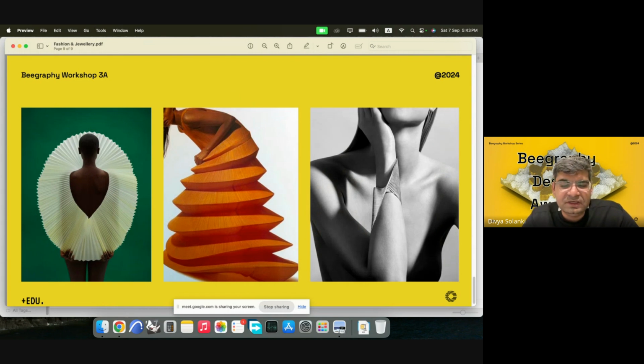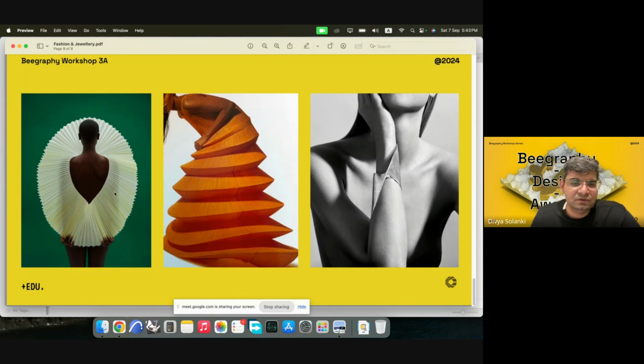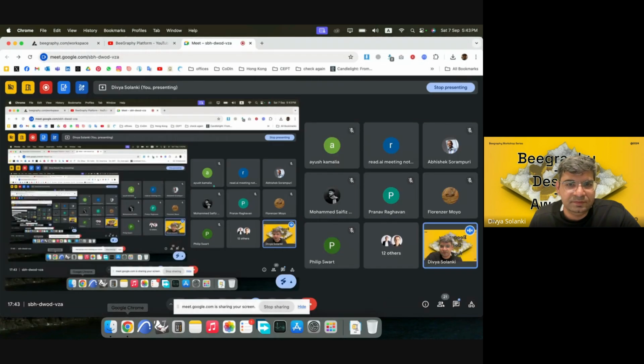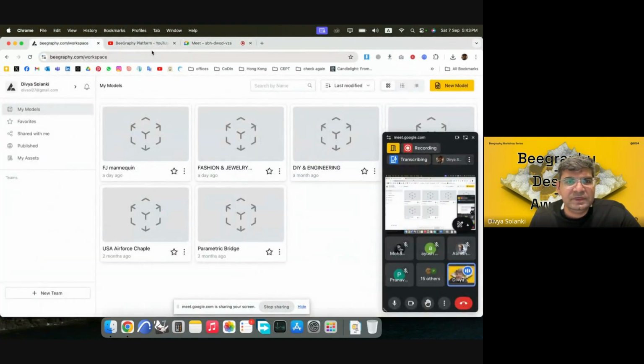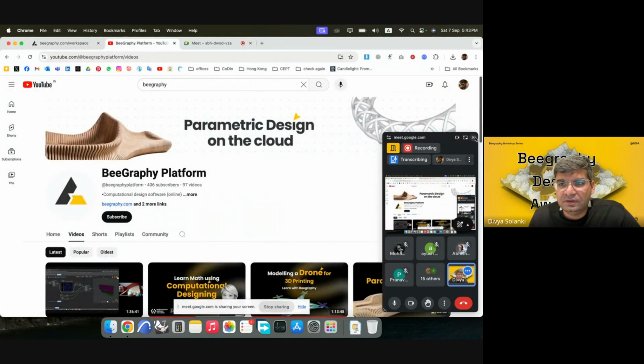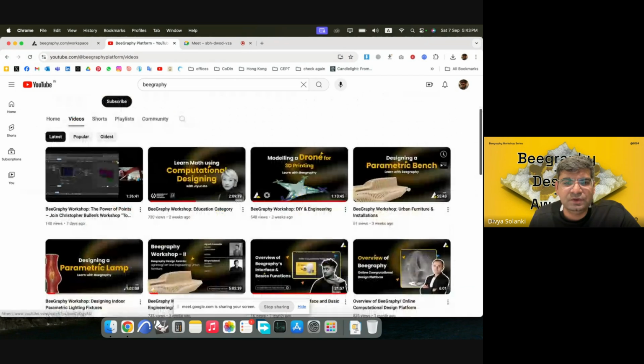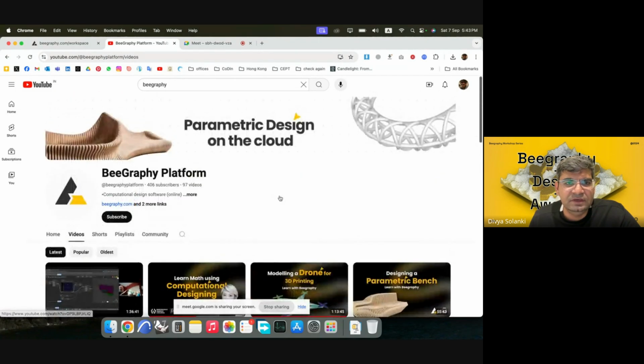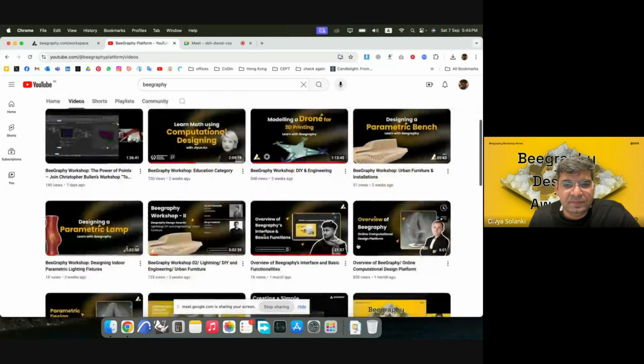So today, what we'll try to do is try to get a mix of all of these reference images and try to understand how we can do that in BeeGraphy. So I'll just jump to the BeeGraphy workspace. Also, I'll just remind you that the previous workshops are available online on BeeGraphy's page, as you can see here, as well as there are multiple other workshops